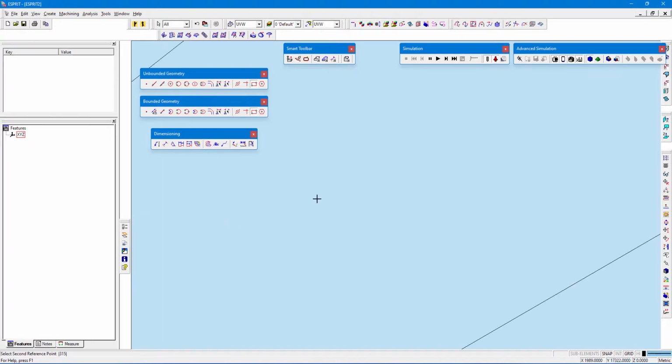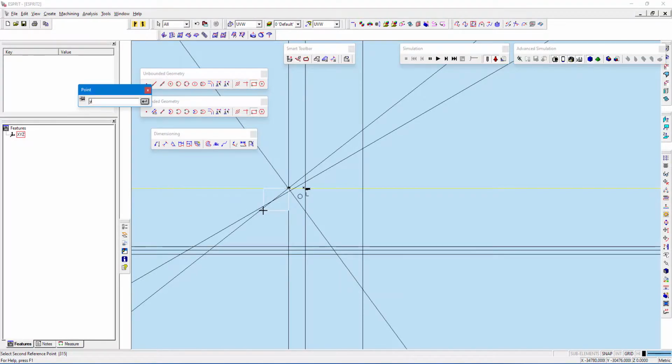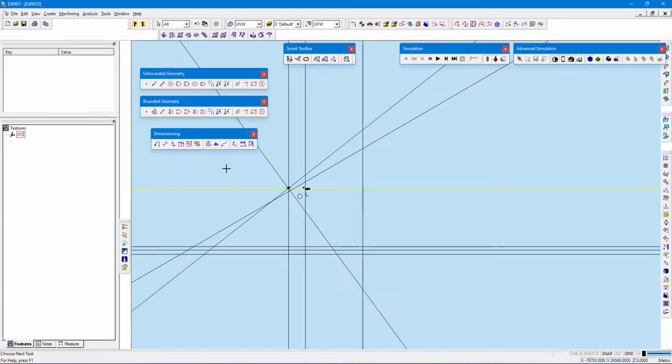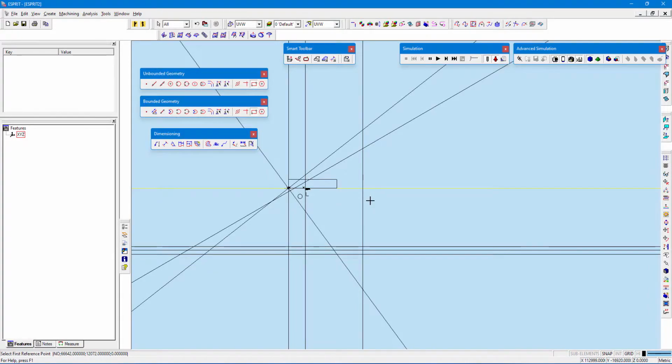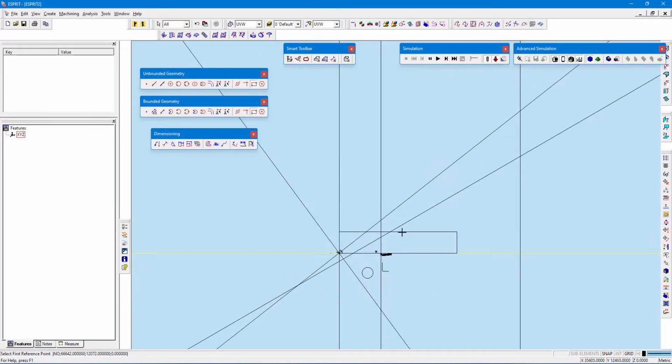I will show you. See, my X is locked for 100, and I will again type Y equal to, I need around 500, so I will select it. Cannot be same as first point. Okay, yeah, sorry, what happened is that I have to select the first point, and I have to give my Y equal to 500. Then if you see, the line has been created.